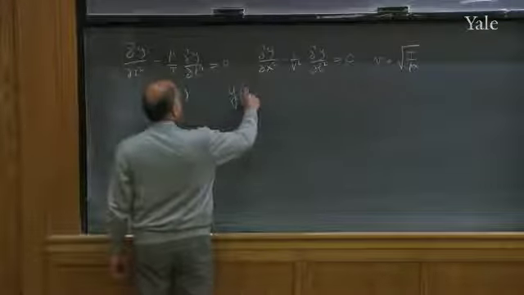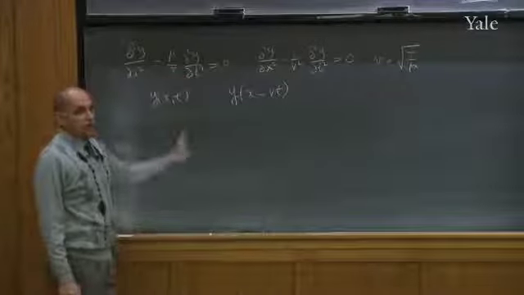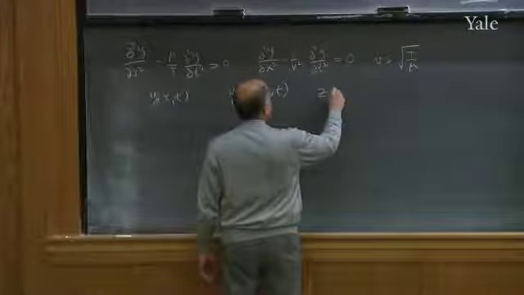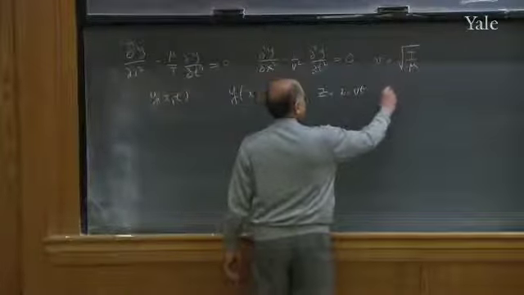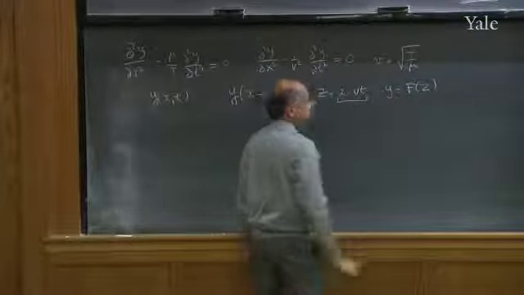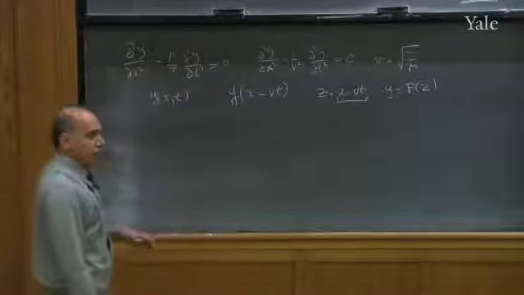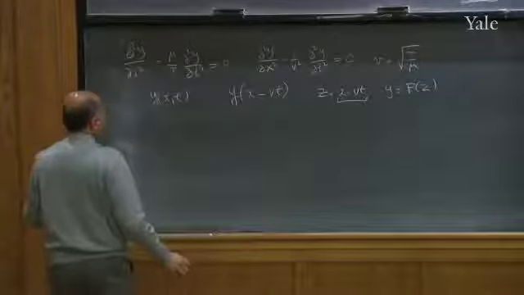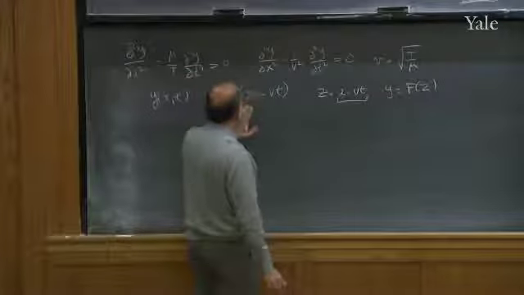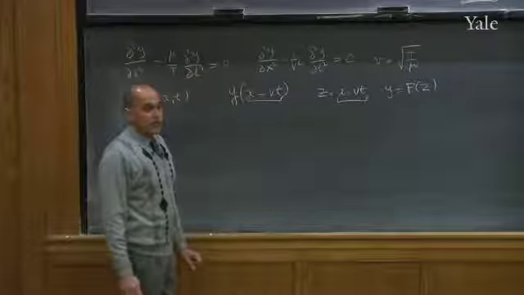y can be any function you want of x minus vt. I don't care what function it is. So if I call z the single variable x minus vt, y can be a function of this single combination x minus vt. In other words, y can depend on x and y can depend on t. If it depends on x and t in an arbitrary way, of course, it won't satisfy this equation. But I'm telling you that if it depends on x and t only through this combination, x minus vt, it will satisfy the wave equation.